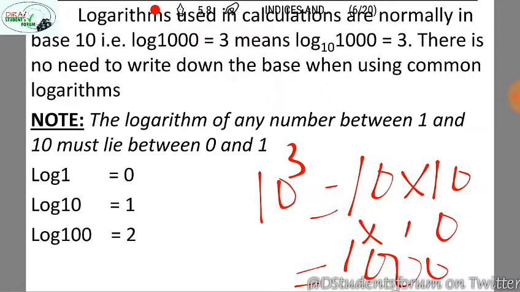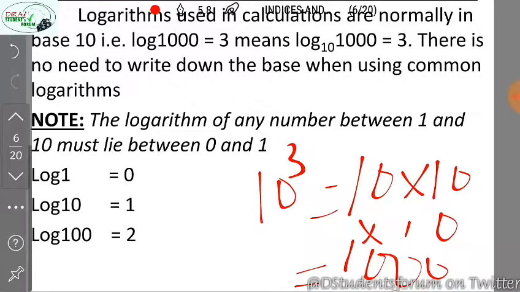The reason why we call it the common logarithm is that we don't really have to write the base 10 anytime we're writing a number in its common logarithm. There's no need to write down the base when using common logarithms. Once you see a log number in which the base is absent, it automatically means that number is in base 10. So our log 10 equals 1,